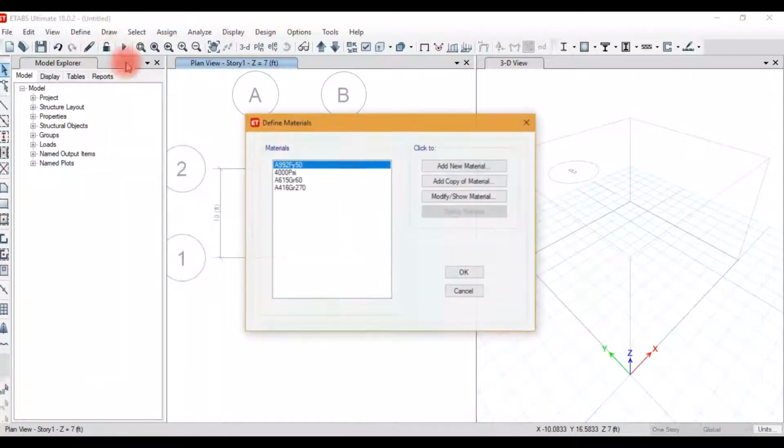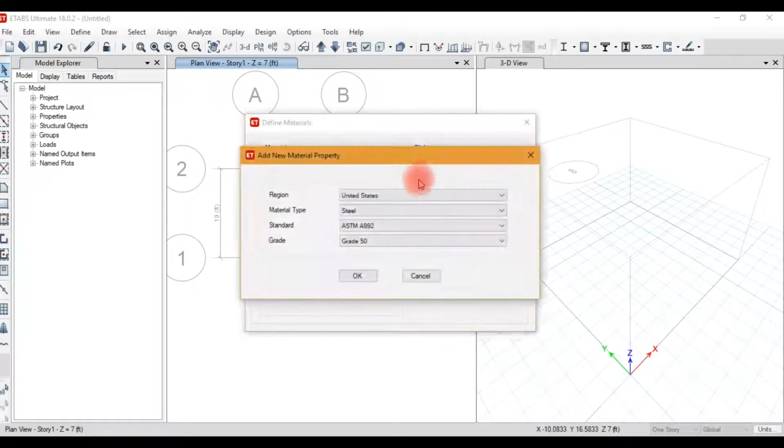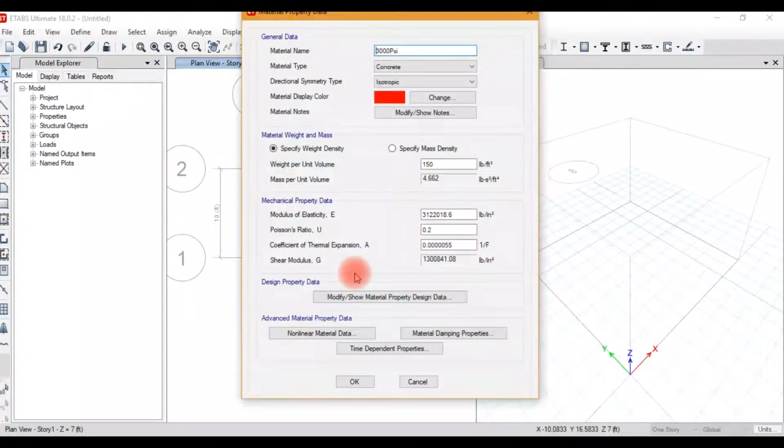First we will define the materials. Add new material, Quick, United States. Material type concrete, standard customary, grade 3000 psi. Specify weight density, weight per unit volume 150 pound per foot cube.